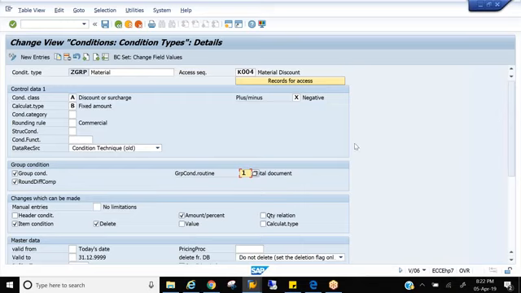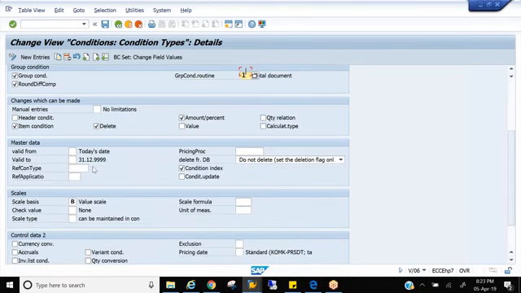Only when the document touches 10 lakhs, we have to propose it. So how will the system come to know whether the document has reached 10 lakhs or not? For that, we have a concept called scales, which will help us propose a condition slab-wise. So you go to scales, scroll down.